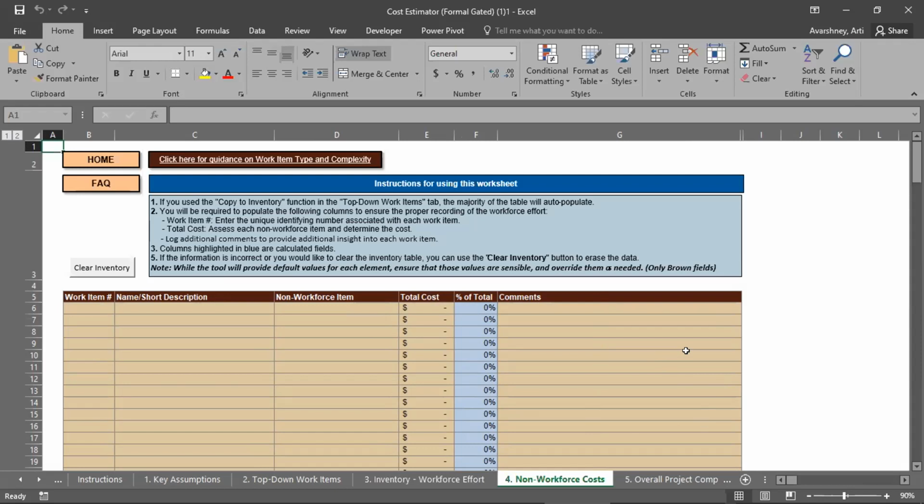Okay. So what I've done here in addition is non-workforce related cost. This could be, like I said, examples are your server cost, any infrastructure related costs, or your licensing cost. So we can input that data over here. So now we are slowly building the line items of the cost estimation, right? So we have built the workforce related cost. We have now built the non-workforce related cost. And the third one is now we're going to go into tab 5, which is the overall project,